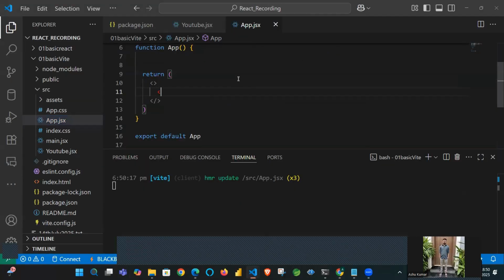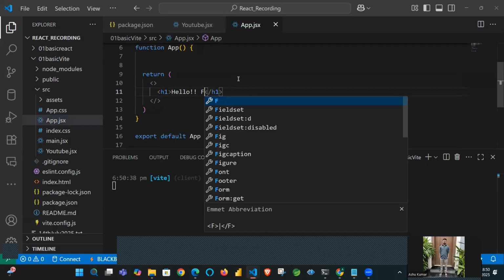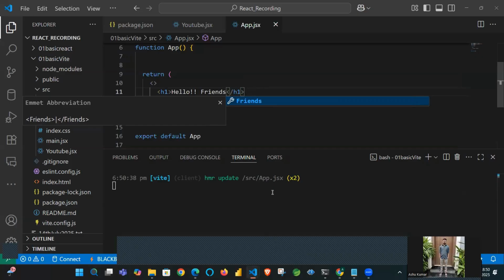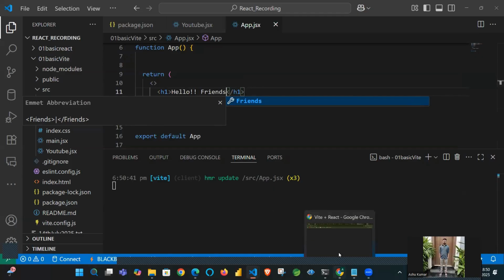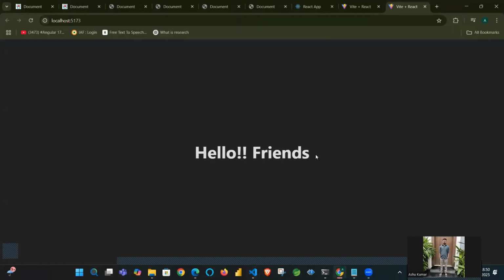So right now I am putting a general h1 here to check whether the things are flowing correctly or not. Here I am writing hello friends. Now let's see whether this hello friends is reflecting on my web page or not. If I run this code, yeah, you can see here that hello friends is now reflecting on my web page. So right now my server is working fine. Now the next agenda for me is